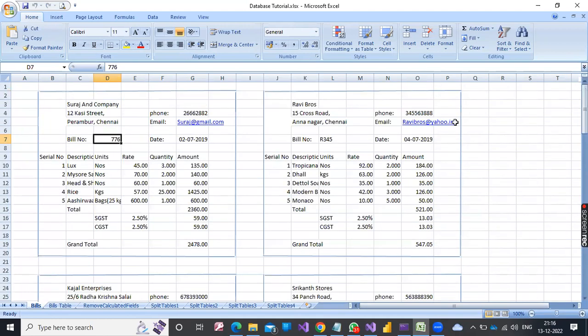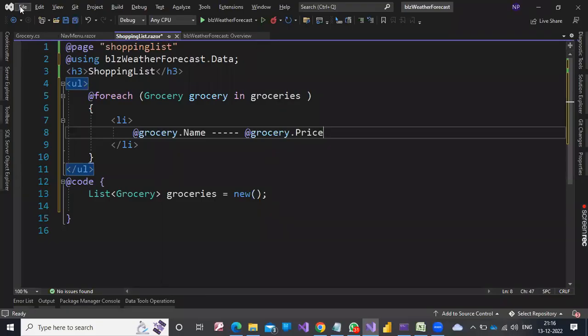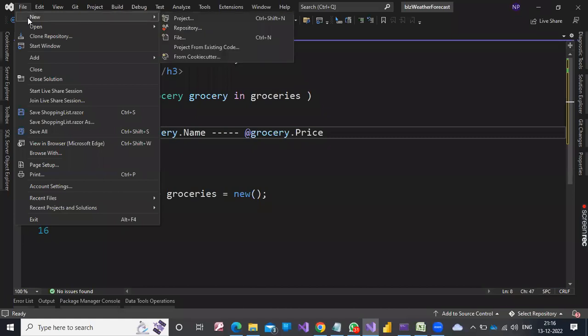Actually, we have got to store this into our SQL Server database. SQL Server database, as you might know, is a database. Okay, let me